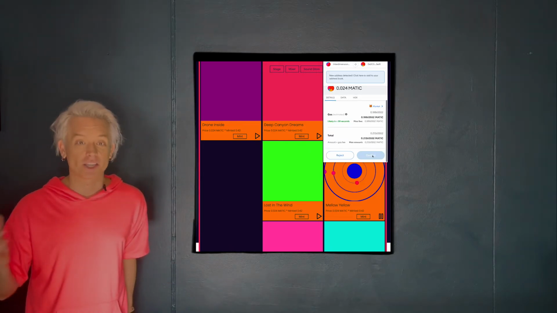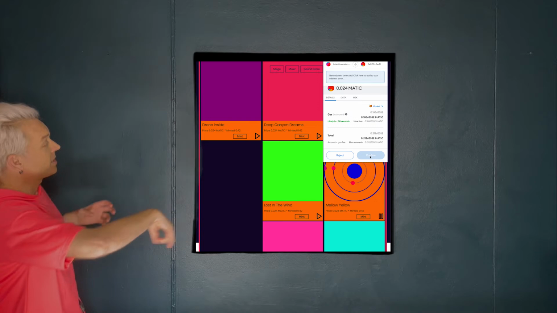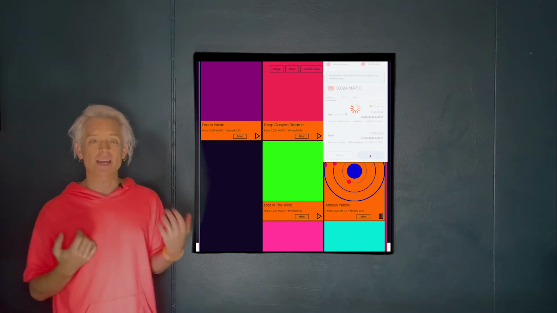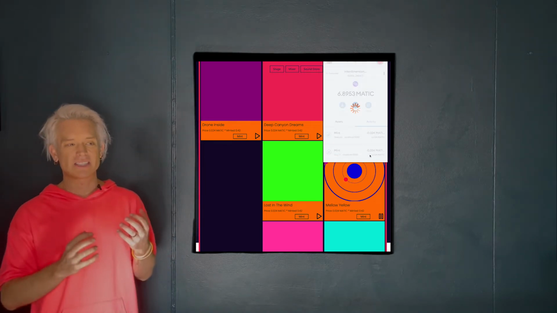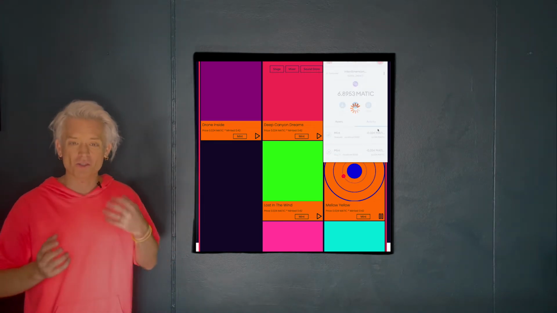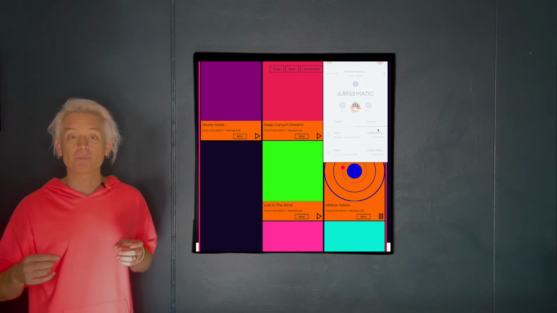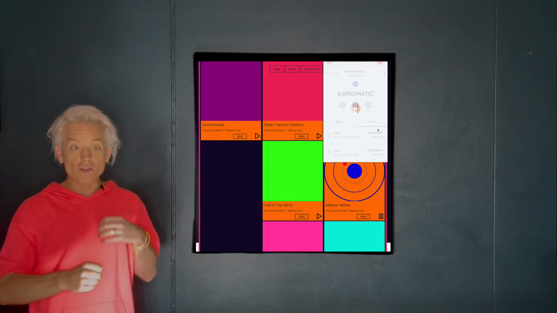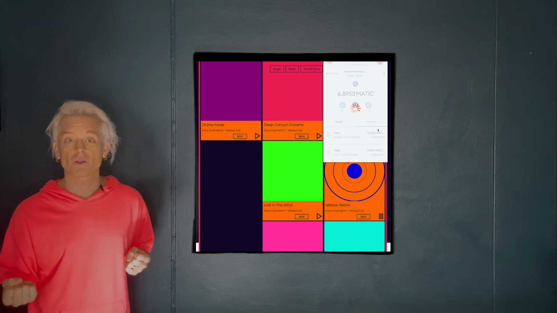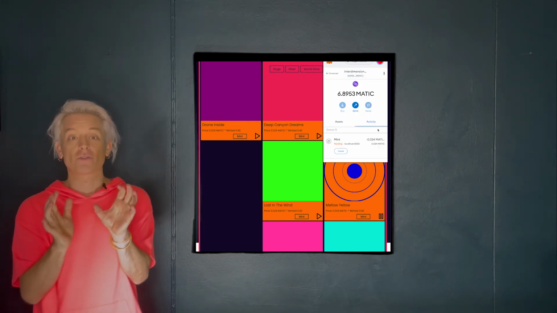Every one is going to be different. The number of orbits, the number of planets, all these things are going to be different. But I use an algorithm to make sure it doesn't look too messy and too ugly, that they all sort of look unique. Now when you do click mint, the animation happens, right? Boop. But as soon as we communicate back to the smart contract I wrote, that animation is frozen in time.